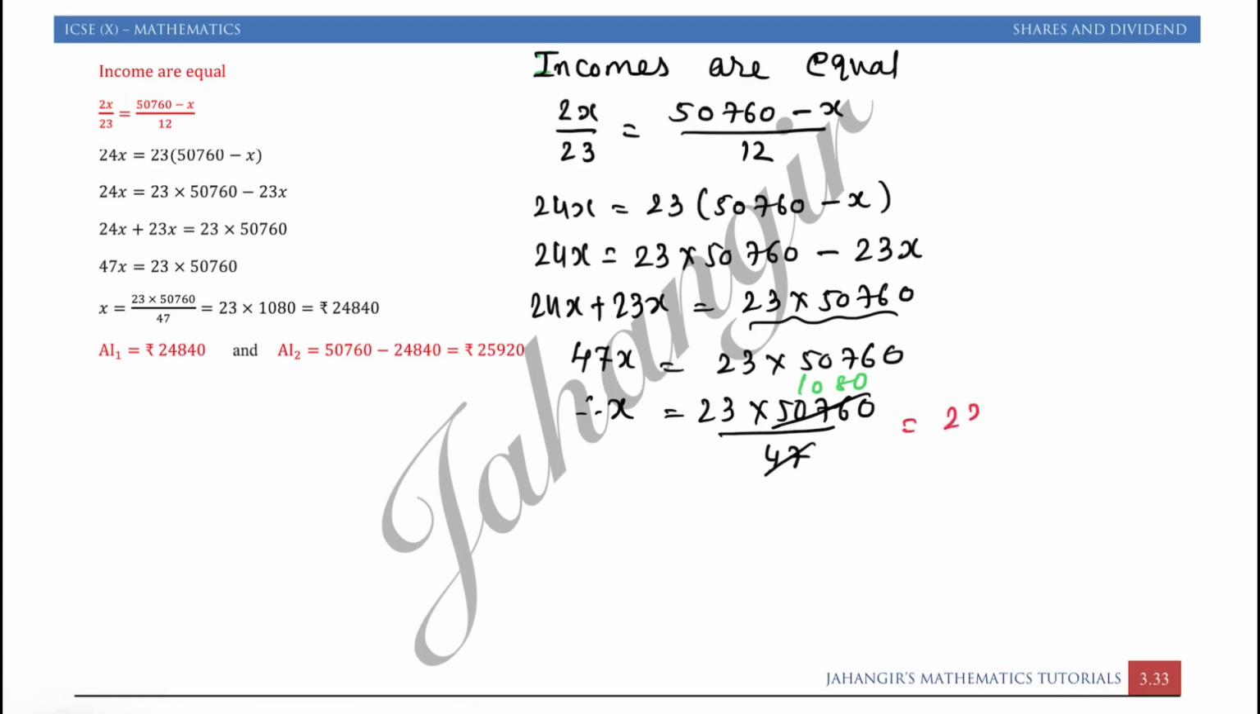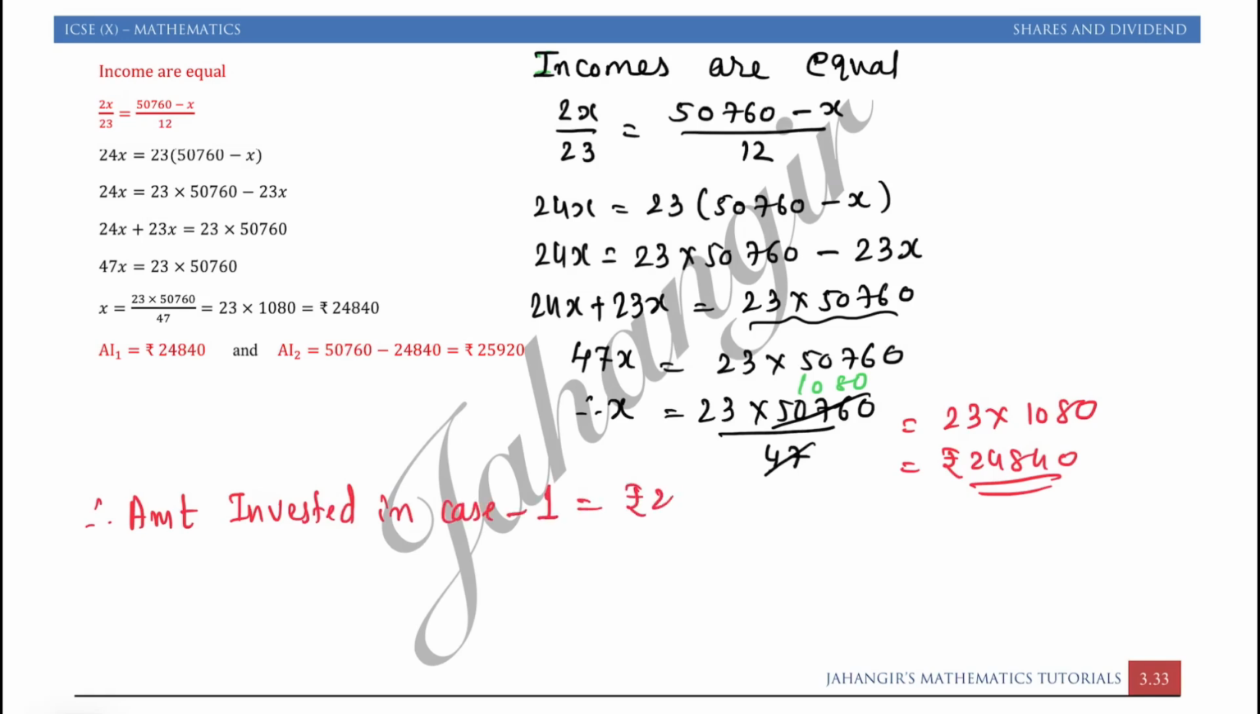So multiplying 23 into 1080, you will get rupees 24,840. So we will write, therefore, amount invested in case 1 is equal to rupees 24,840, and amount invested in case 2